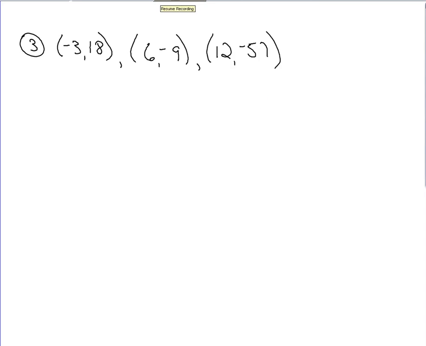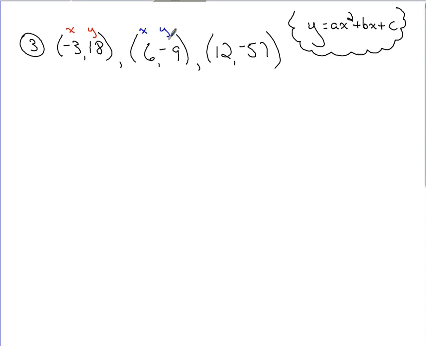Okay, so these 3 points are on the curve we're looking for, and we've got to put it in this form. So knowing we're going for that form, plugging in what we know, well, as a bunch of ordered pairs here, we've got a lot of x and y values to work with, right? So maybe what I should do, knowing that I'm going for an equation in the form of y equals ax squared plus bx plus c,